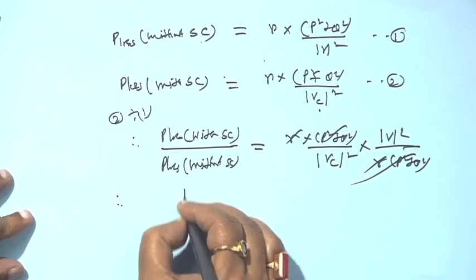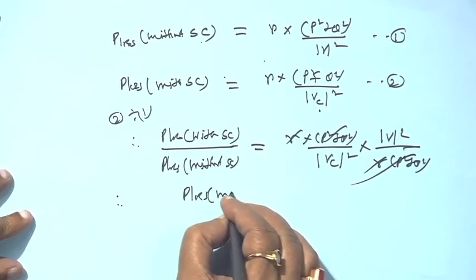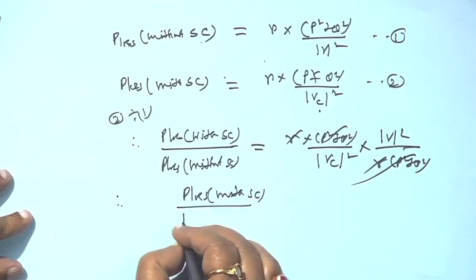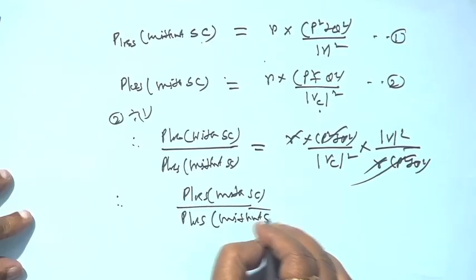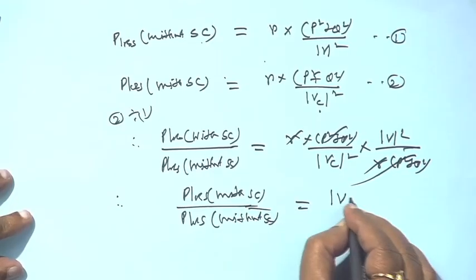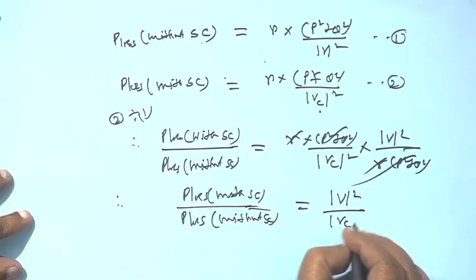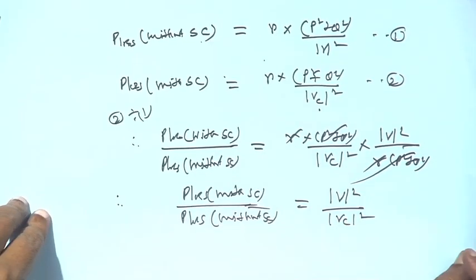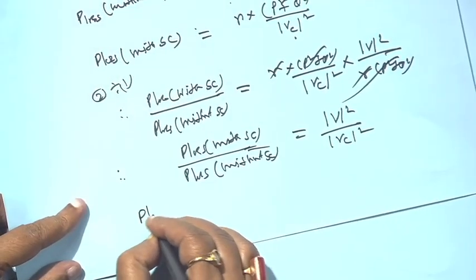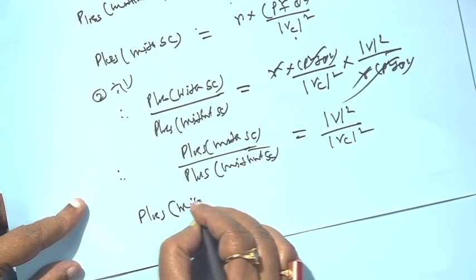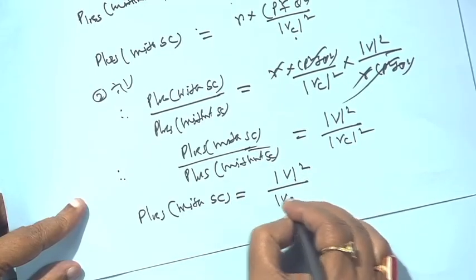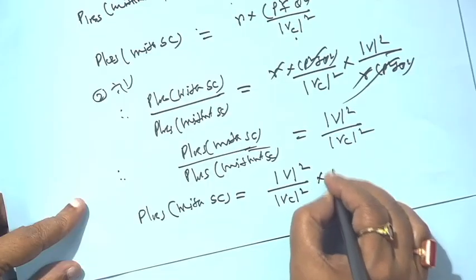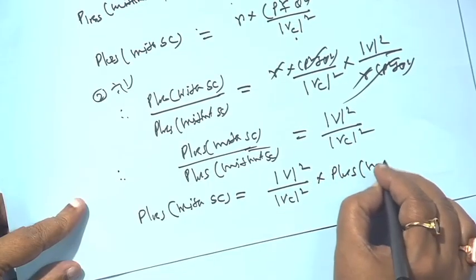That means P loss with series capacitor divided by P loss without series capacitor is equal to V square upon Vc square. Therefore, P loss with series capacitor is equal to magnitude of V square by magnitude of Vc square into P loss